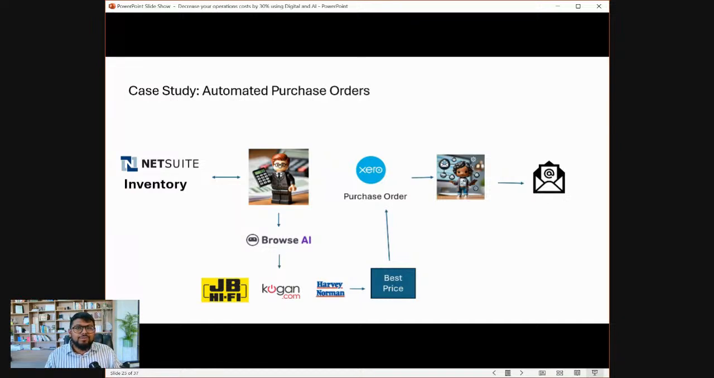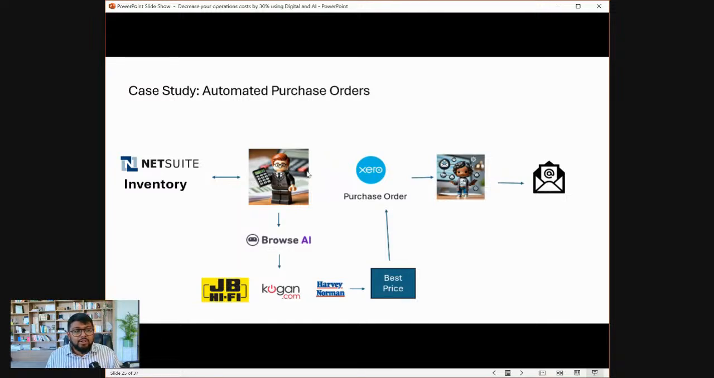Now, in addition to this, one of the requirements from the client was that, rather than going back to one supplier for the product every time, for some of the products, especially electronic products, they wanted to make sure that they get the best price on those products as well. So now